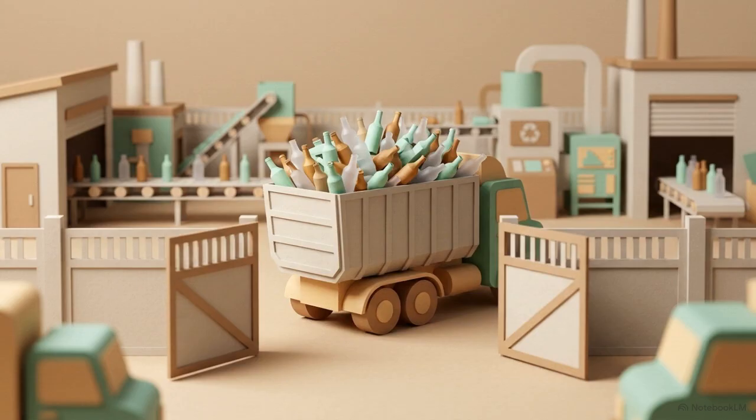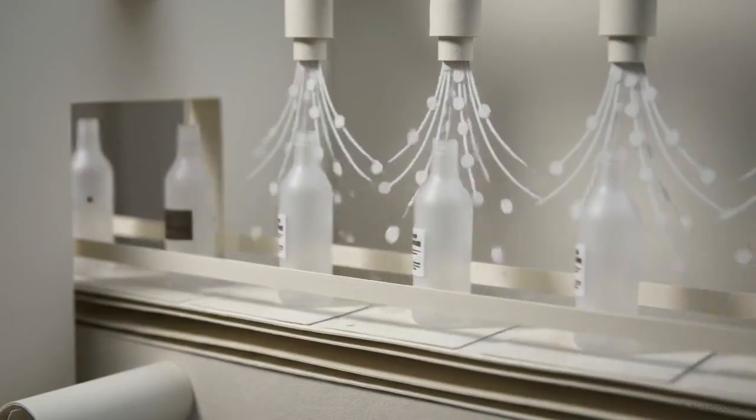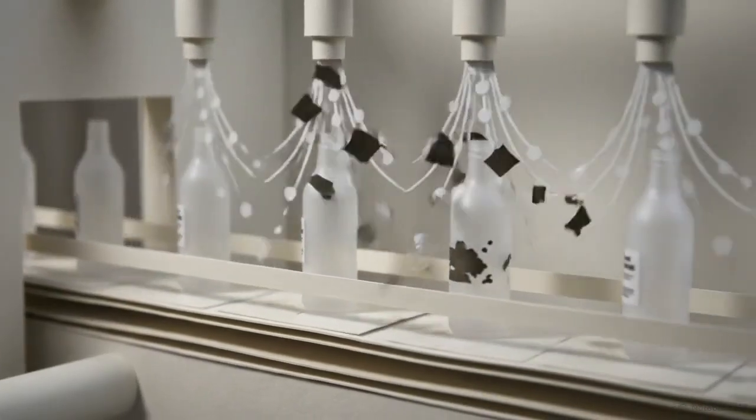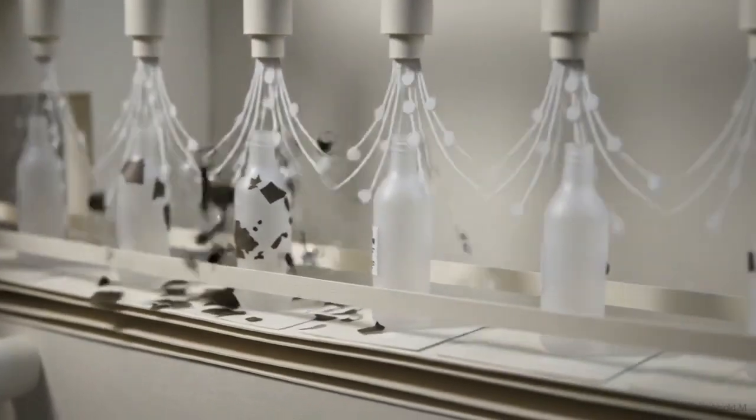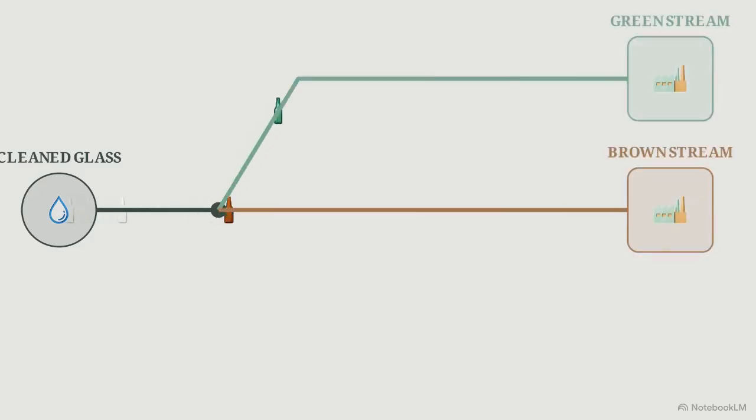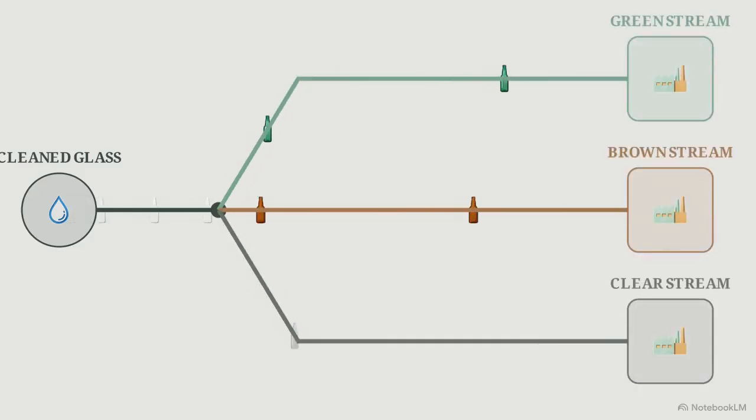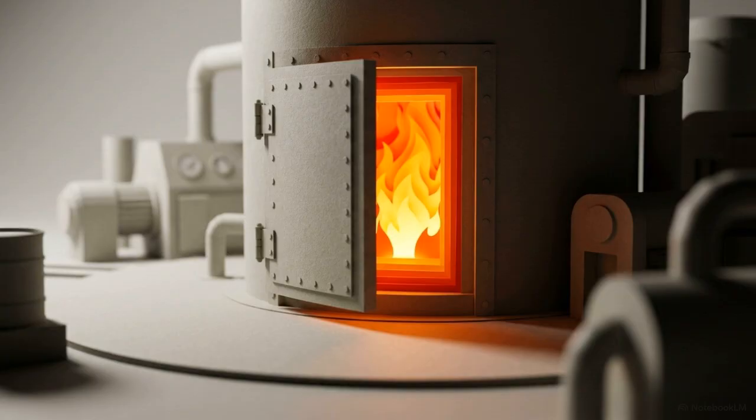After collection, trucks move the discarded bottles to centralized facilities for processing. The bottles are washed with high-pressure water, a sanitization step that removes labels, adhesives, and any remaining contents. This logic path shows how the clean glass is then sorted into three distinct color categories: green, brown, and clear. This separation is mandatory because the different chemical properties of each color require them to be handled in isolated processing streams at the factory. Without this specific cleaning and categorization, the glass would be unsuitable for the high-heat manufacturing process